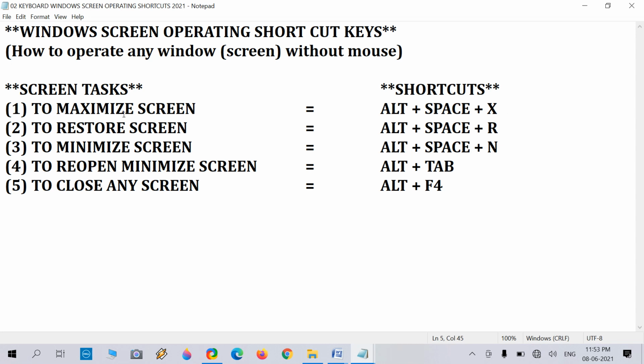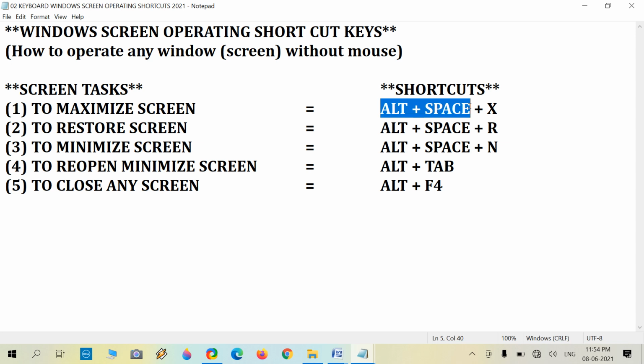For these tasks we generally use the mouse, but here we perform all of these using the keyboard, not the mouse. So first, press Alt plus space only, not all three keys like Alt, space and X. First we need to press only Alt and space.